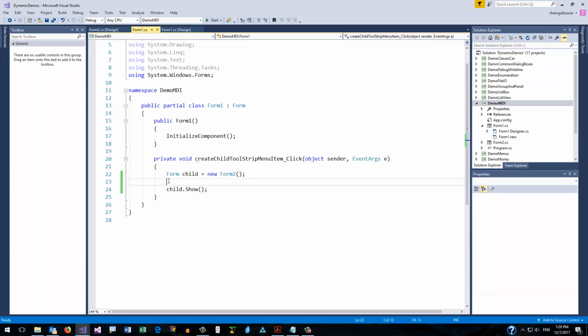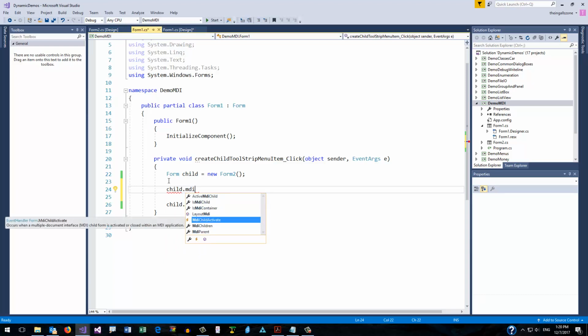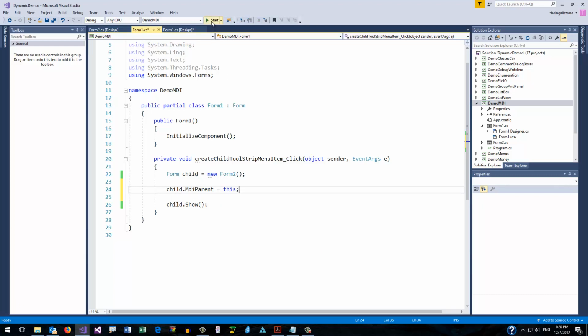Our next step is to attach the child forms to their parent, so it actually looks like a properly functioning MDI application. And the way you do that is by setting a property of those forms. So I say child.MdiParent, and I set the child's MdiParent as the current form. In other words, my Form1, which is the MDI form, the form that has the IsMdiContainer property set to true, will be the parent of the newly created instances of Form2. And with that change,